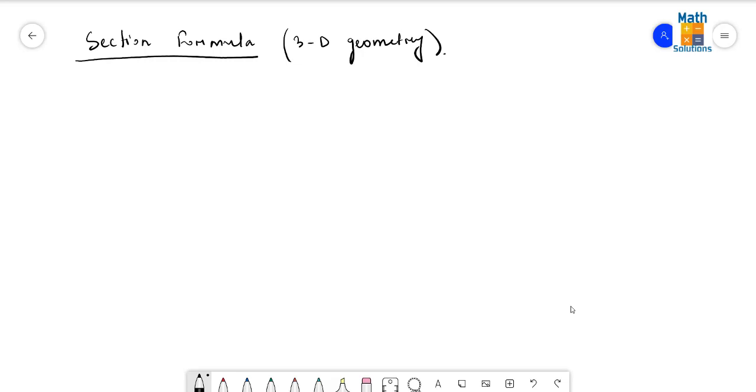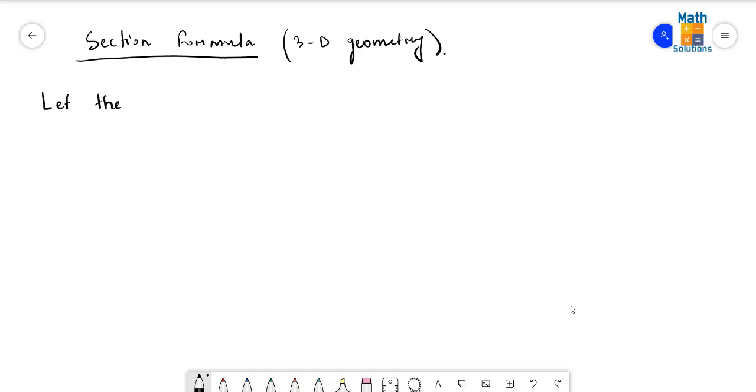Hello everyone. Through this video we are going to discuss the concepts of section formula for the chapter of 3D geometry. There are two types of section formula. First one for internal division, second one for external division. So the formulas are like this: